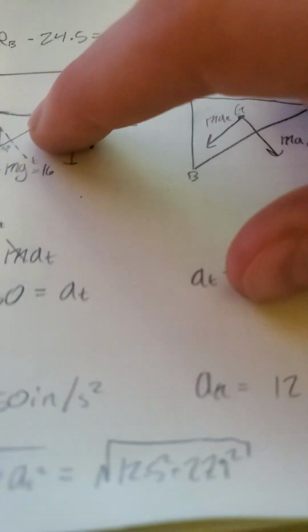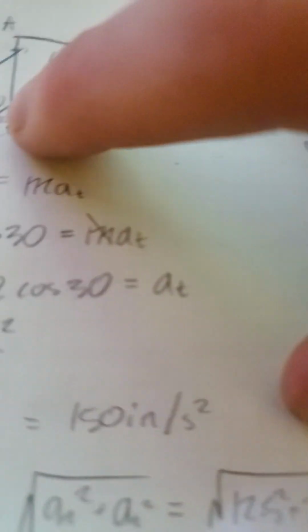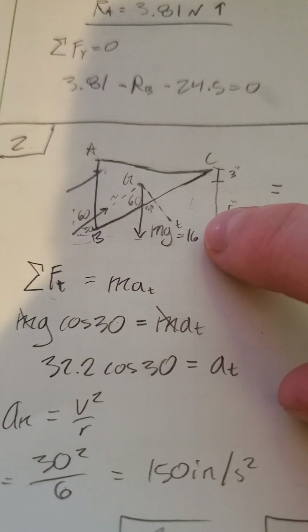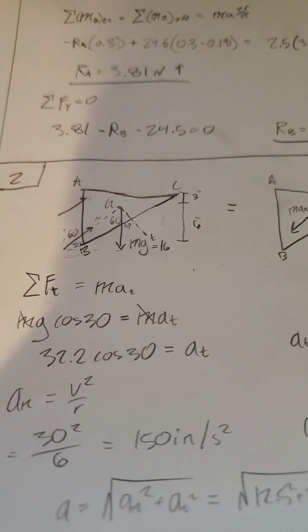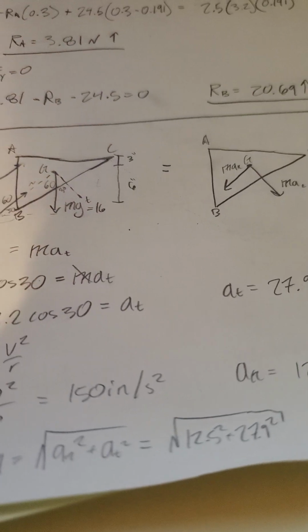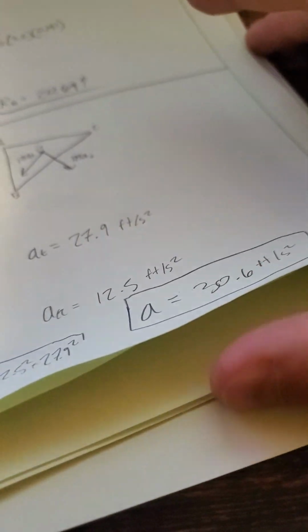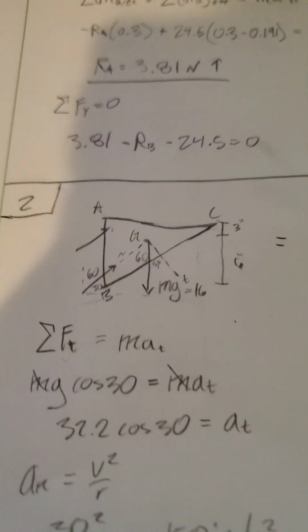For question number 2, we have the triangle connected to some pins right here that are moving down. And it gives us the mass and everything. So pretty much how you go about solving this one is you want to set this up. Sorry, paper's getting all messed up. So you want to set this up